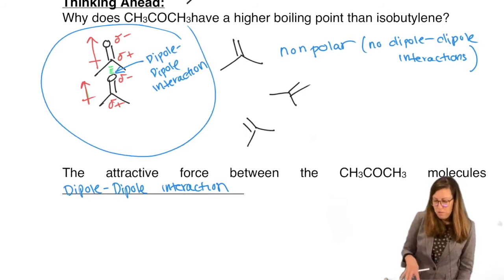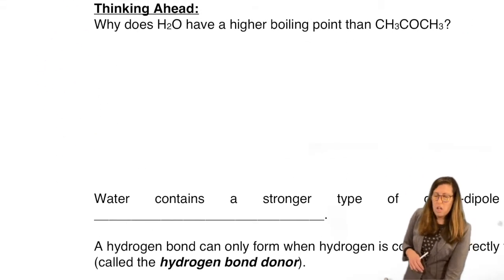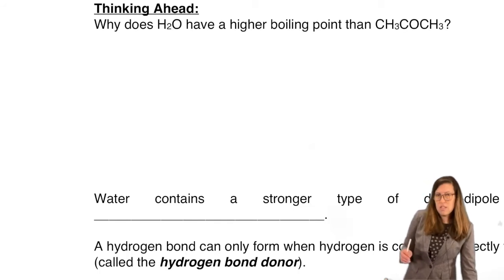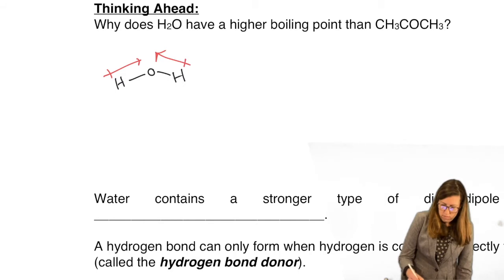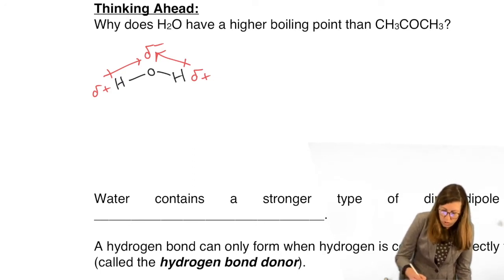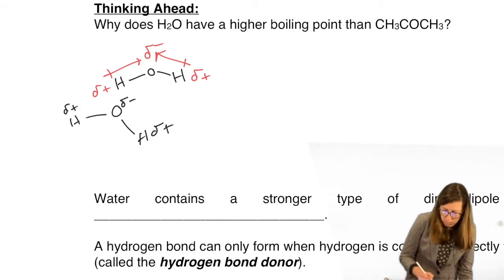Okay, so that's dipole-dipole forces. You might have heard those before. Now, water has a dipole. All right, let's draw it. That gives us that big old delta minus here, delta plus is here. And that explains a lot about why the next water, the oxygens will stay away from each other. They're repelled, and in fact, they're attracted to the other hydrogen. And so we get to draw that green dotted line there.